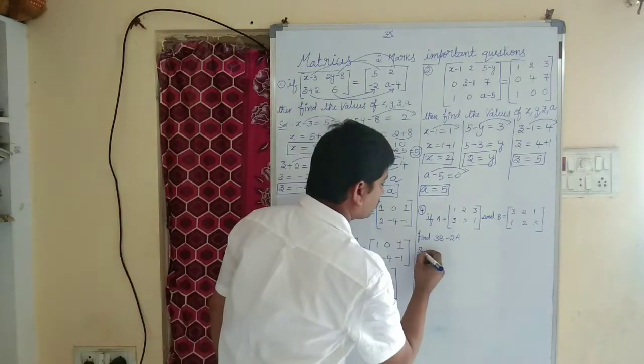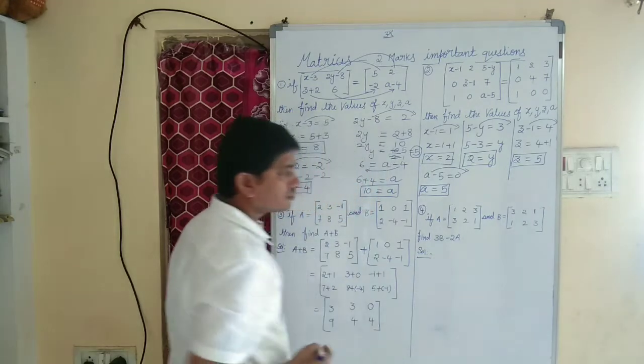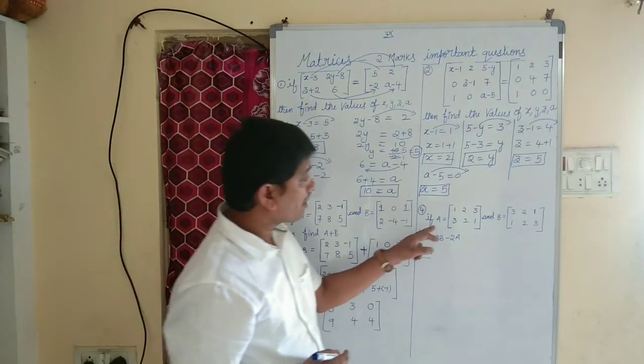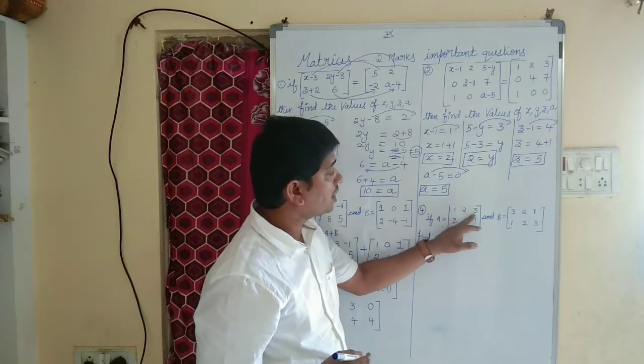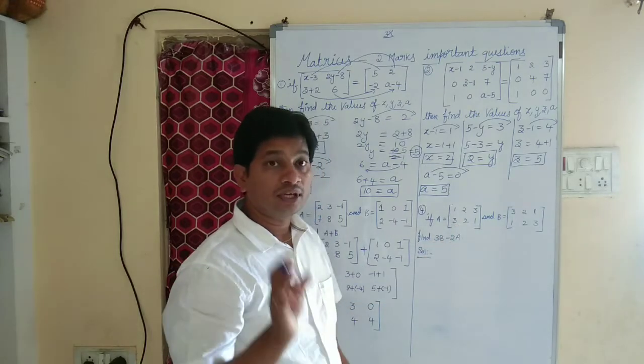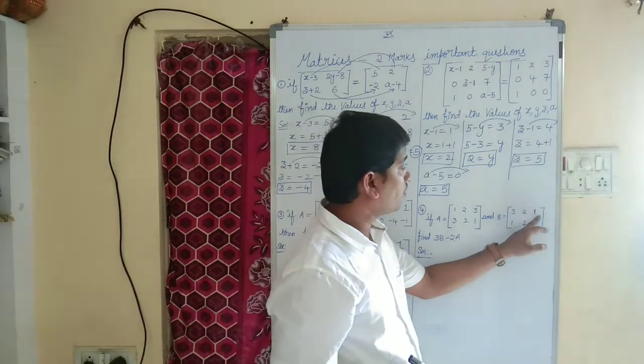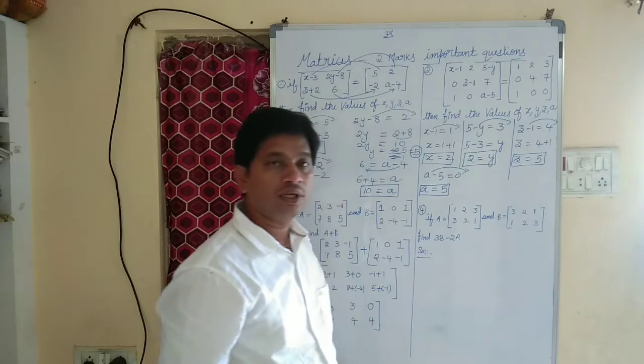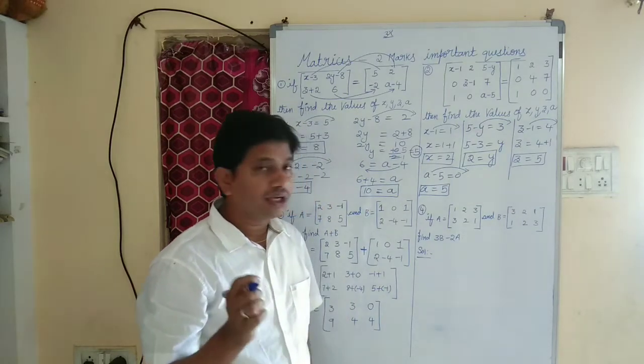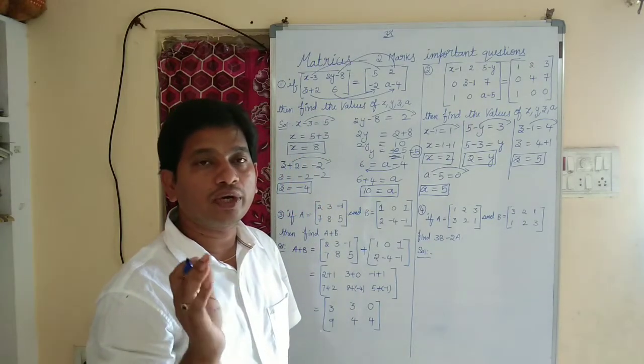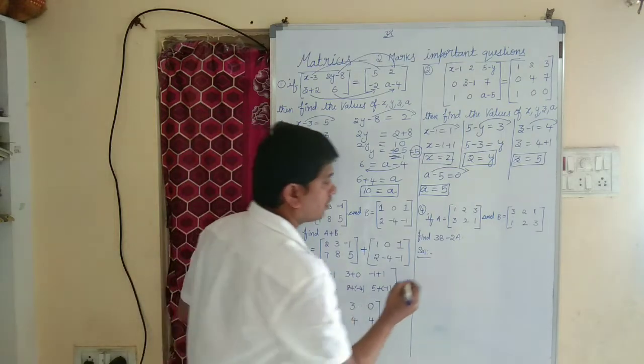Okay. Now coming to the fourth question. What is the fourth question? Given matrices A is 1, 2, 3, 3, 2, 1 and B is 3, 2, 1, 1, 2, 3. Then find 3B minus 2A. So first of all, we need to find